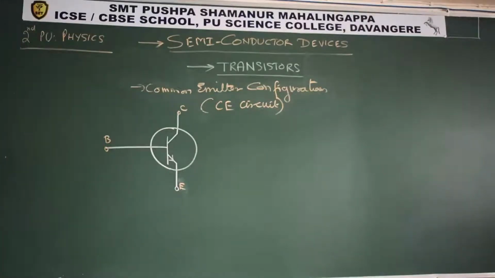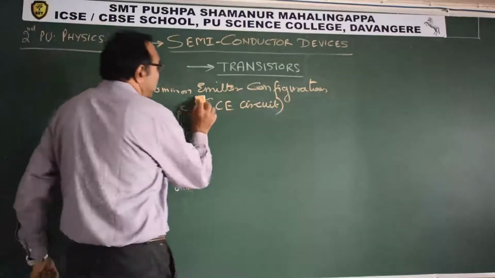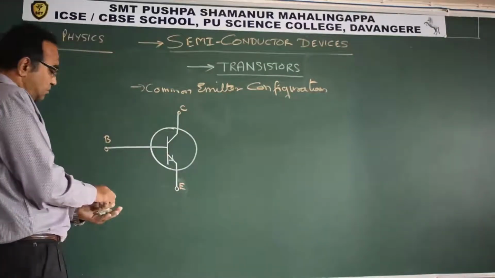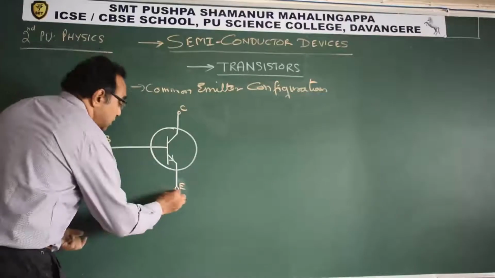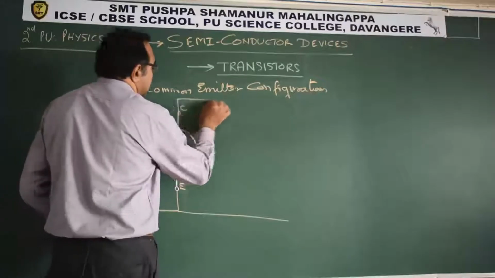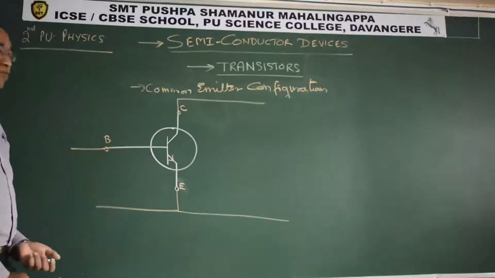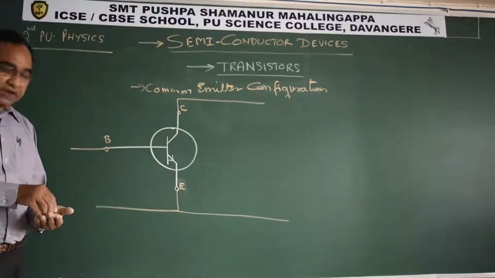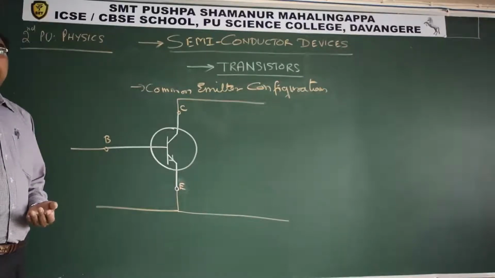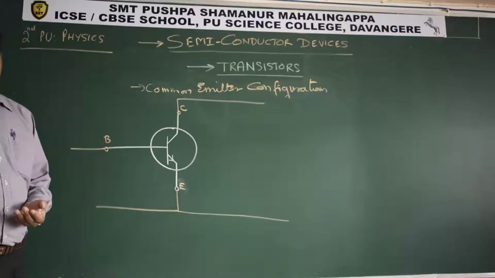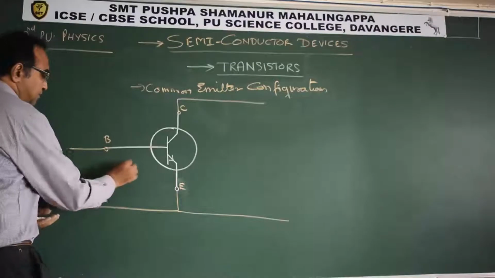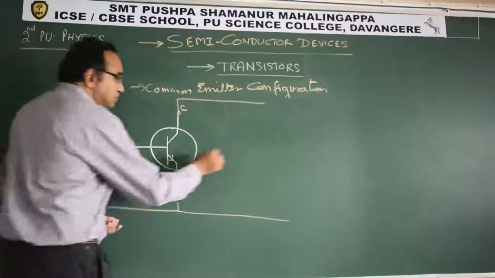Okay, so what we have now is we need to make emitter common. How to make it? See, correct? See here, this is what we started with. Now, if you remember, in the last session also we did the same thing. Now what we said? Emitter is forward biased. Collector is reverse biased. So this is the input circuit, this is our output circuit.